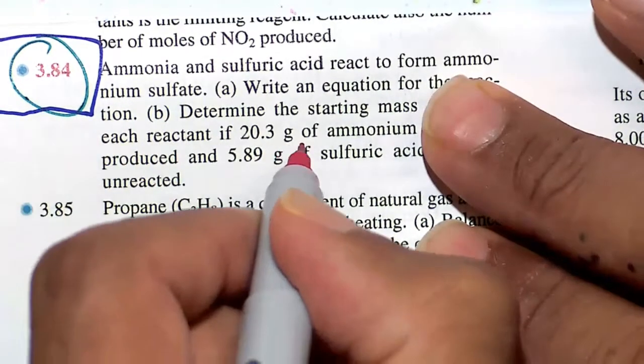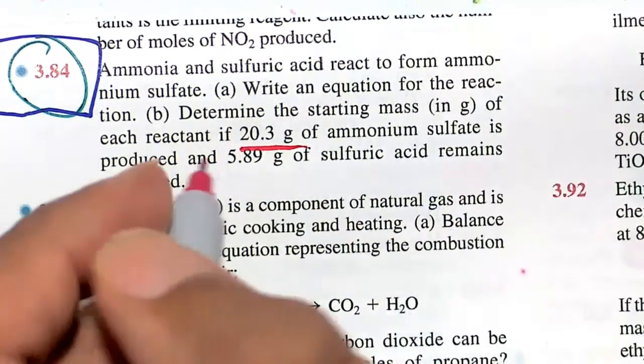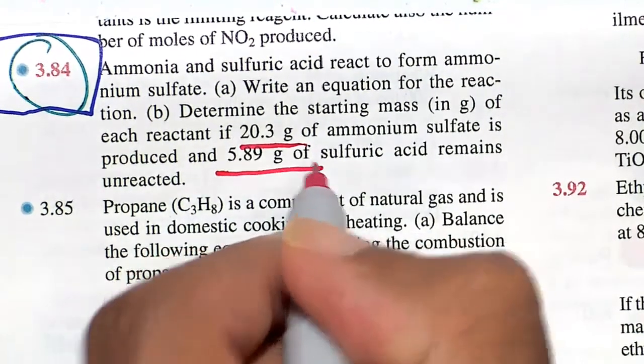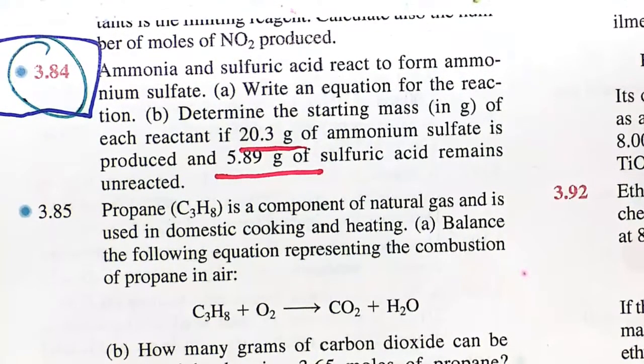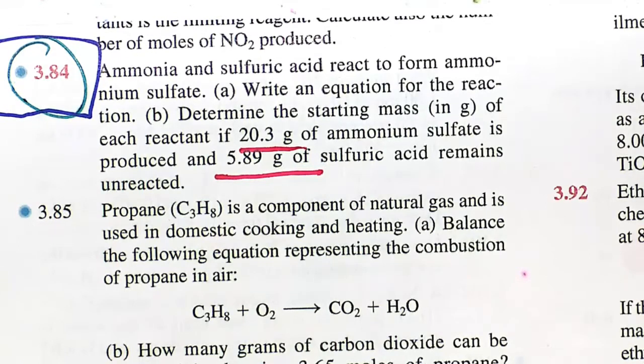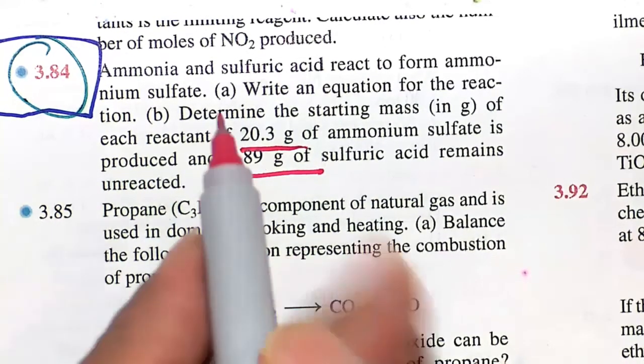So this is what we'll call our actual yield. But we have an excess amount of 5.89 grams of one of our reactants, that reactant being sulfuric acid. So we sort of have to backtrack or make a back calculation, so to speak, to determine how much of the limiting reactant was there versus how much of the excess reactant was there, realizing that this is how much